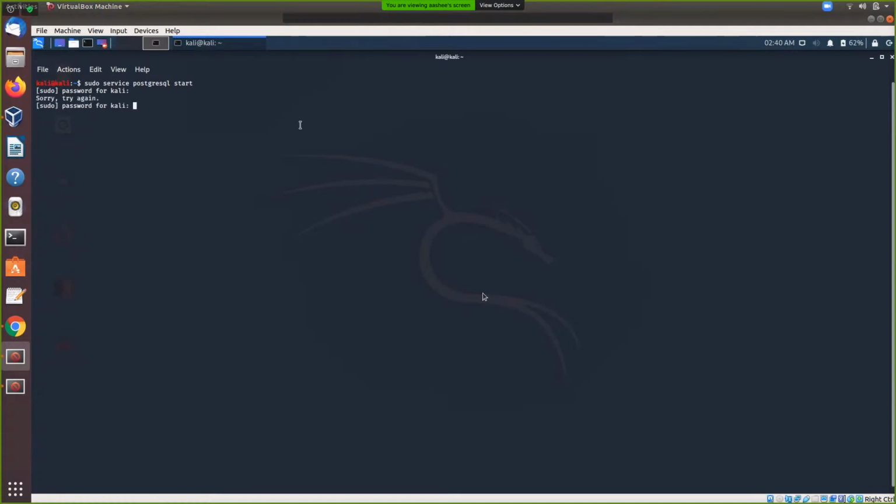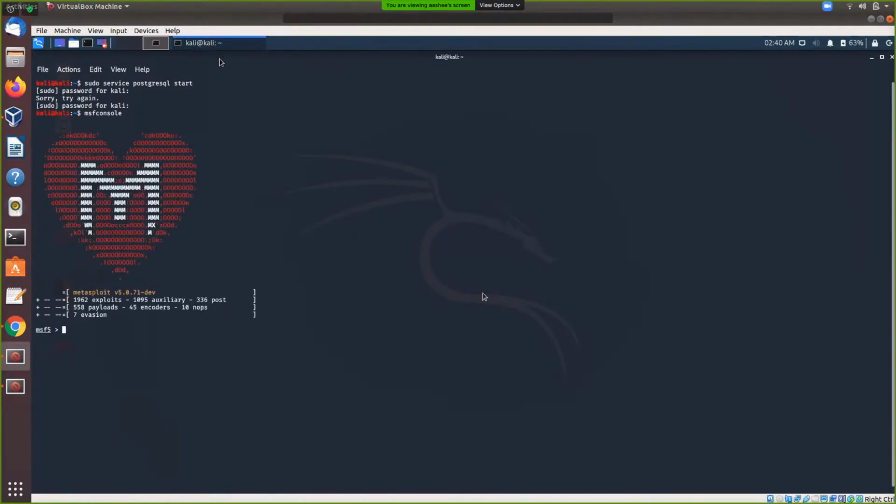It is not necessary for you to start the service, but it will allow Metasploit to run faster searches and store the information while performing the scan or exploit. So it will be better if you do that. Then we can start our MSF Console. It will take some time. Okay, so here we have our Metasploit running.